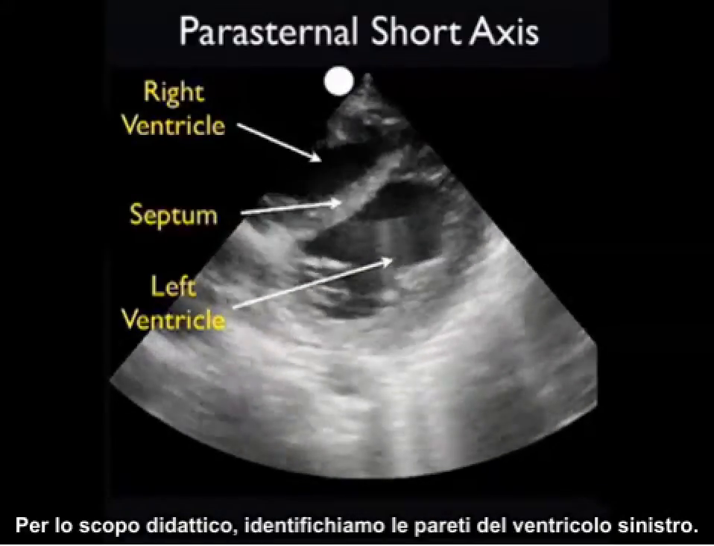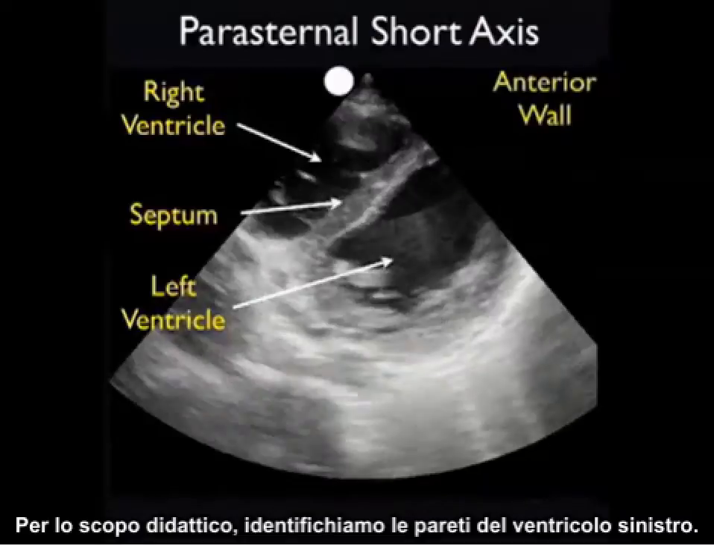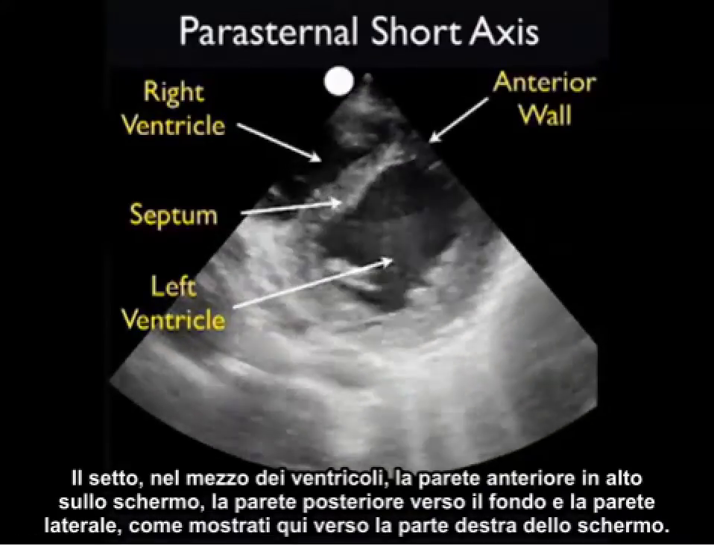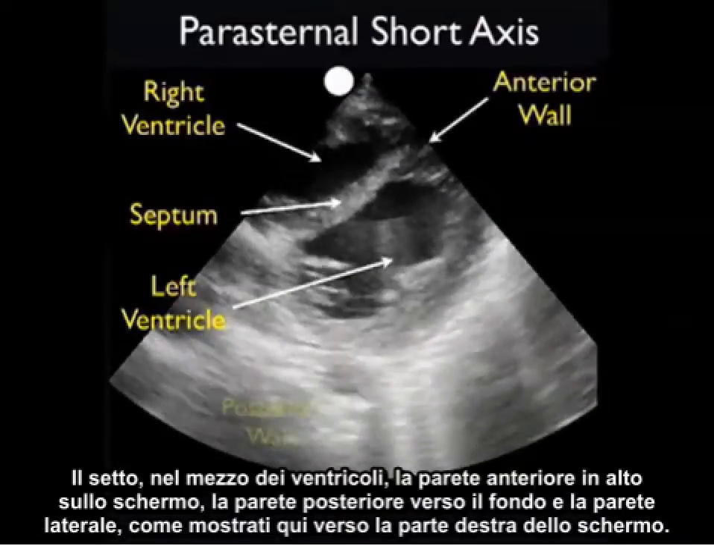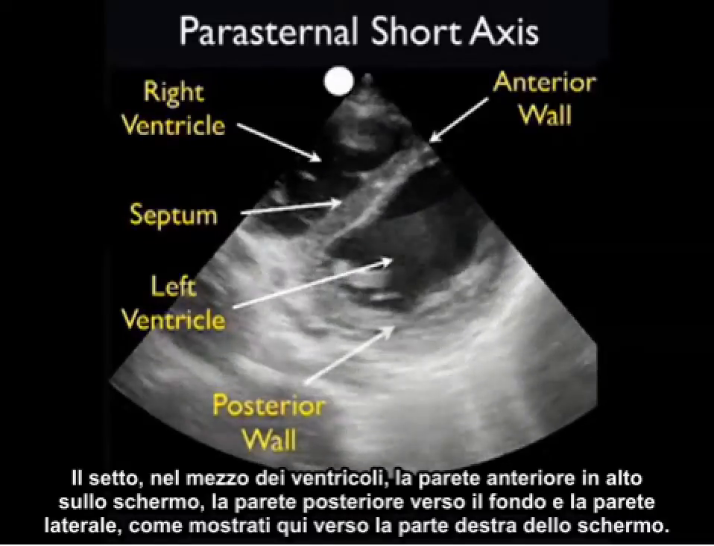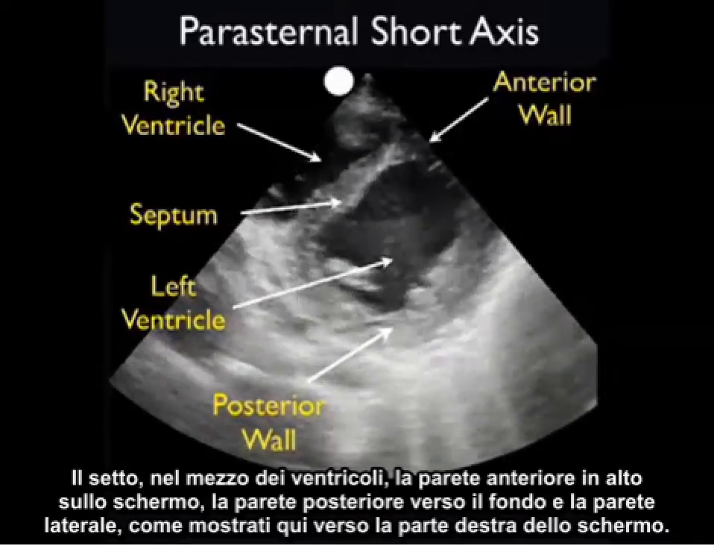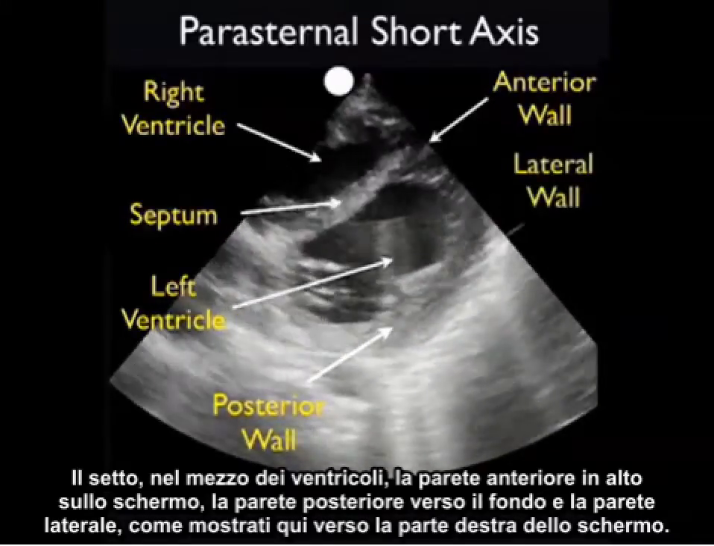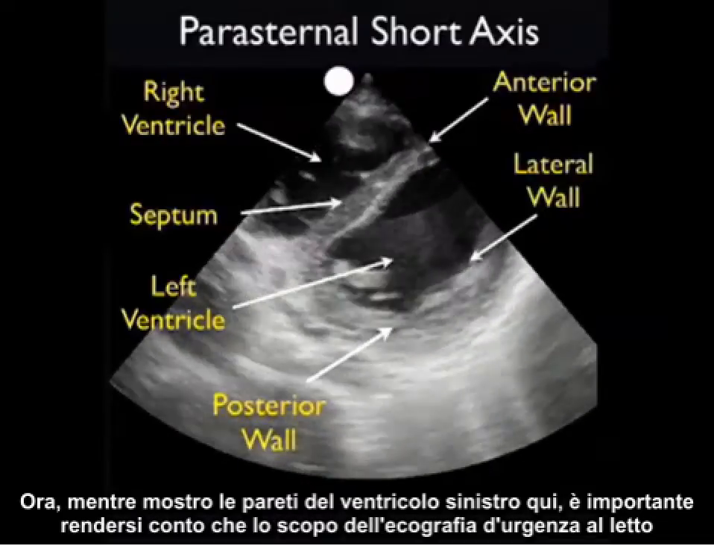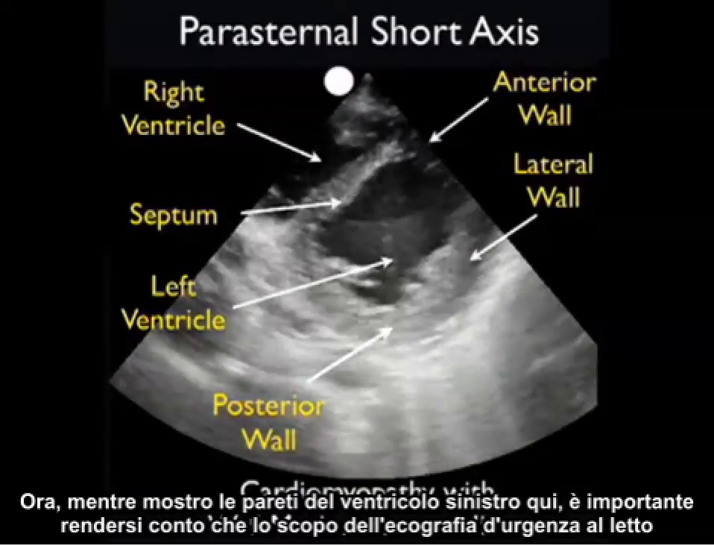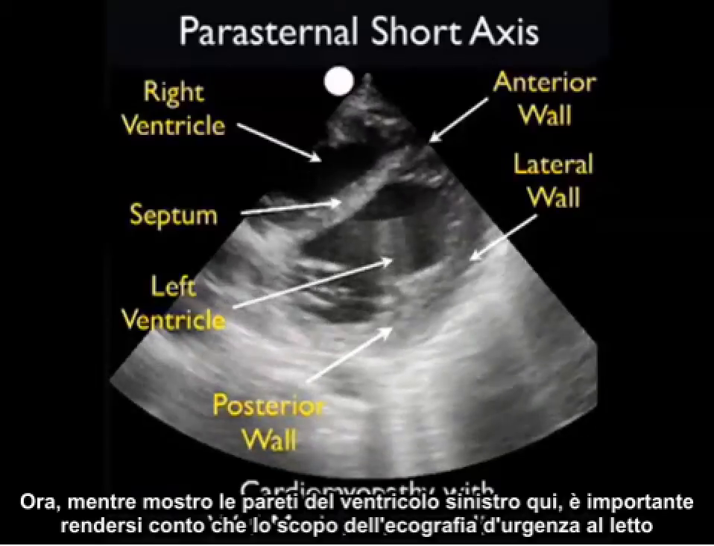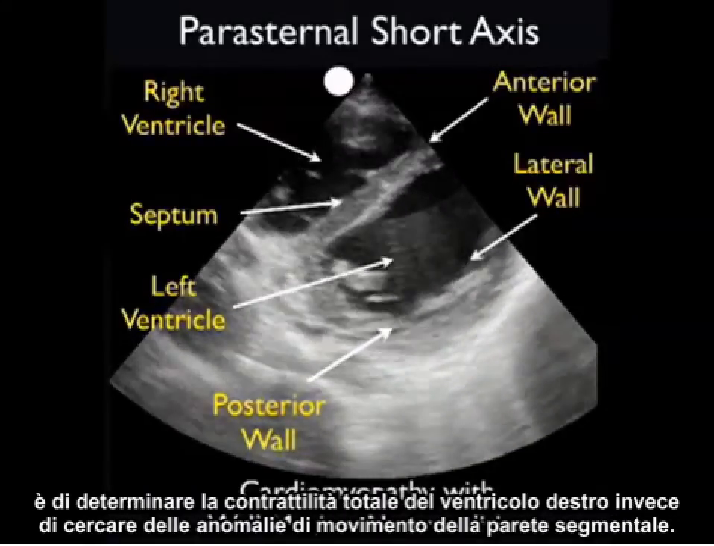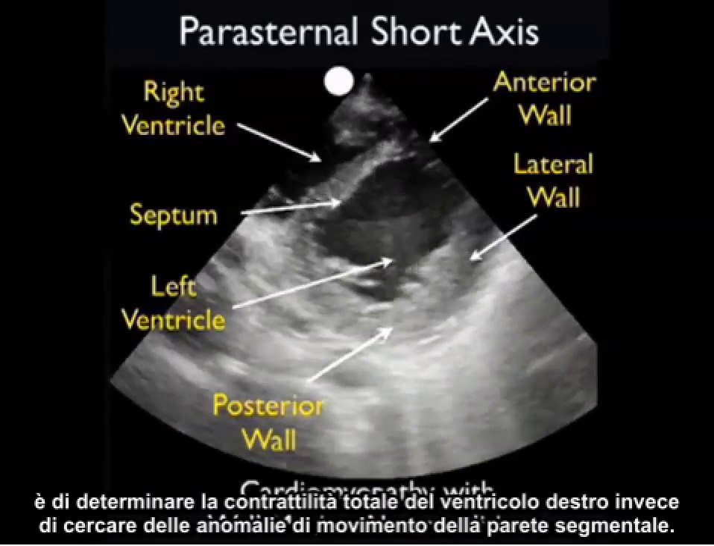For learning purposes, we'll identify the walls of the LV: the septum in between the ventricles, the anterior wall to the top of the screen, the posterior wall to the back, and the lateral wall as shown here towards the right portion of the screen. Now, while I show the walls of the left ventricle here, it's important to realize that the goal of emergency echo at the bedside is to determine overall left ventricular contractility rather than looking for segmental